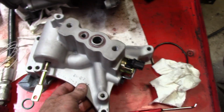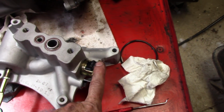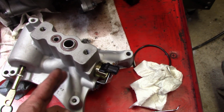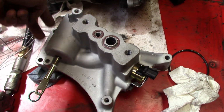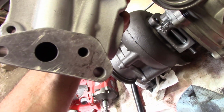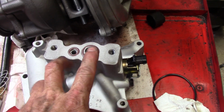Okay, there's the pedestal itself. This is the actuator rod for that little door I showed you. This solenoid is what actuates an oil passage, which actuates this rod. I get that rag off of there. There's the two holes that meet up with the block, and then your supply and your return, these feed up